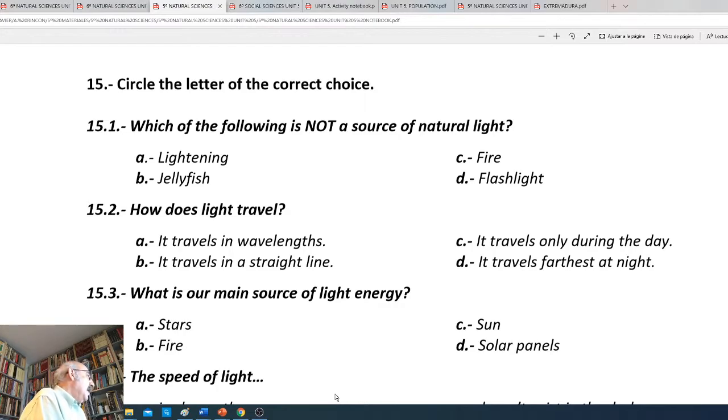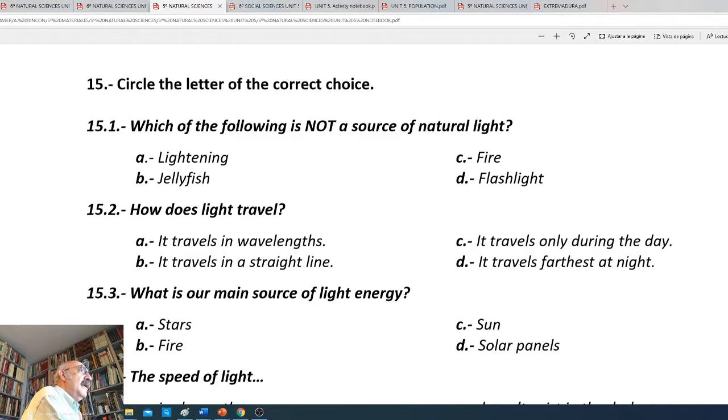So now let's get started. Now, please take your natural science notes. Go to the exercise part. We're going to correct some exercises we did the other week. And let's go to exercise number 15. And you have there an exercise about